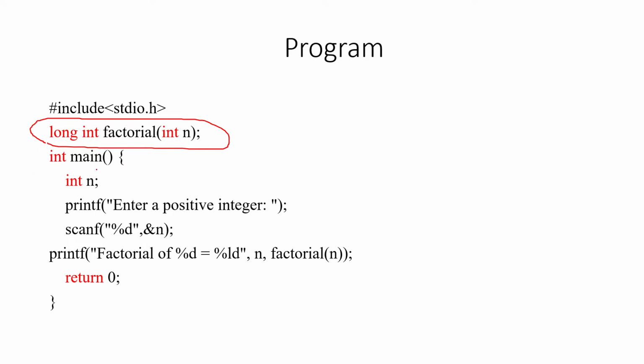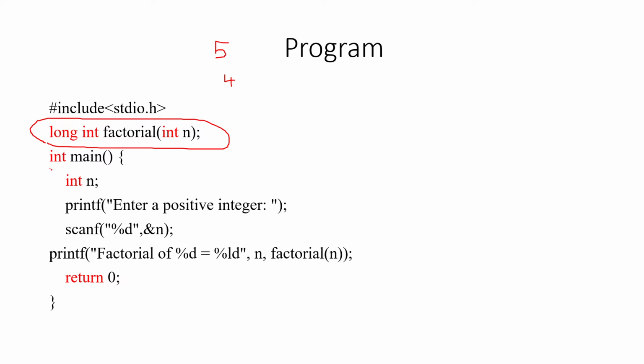Then we come to the main function. For finding the factorial of a number, we need to get one integer from the user. Suppose I get 5 from the user, the factorial of 5 is 120. If I get 4, the factorial of 4 is 24. I am declaring the return type as long int because the range for int is limited. If you give 10 factorial or 20 factorial and declare it as an int, it won't calculate. That's why I am declaring it as long int.